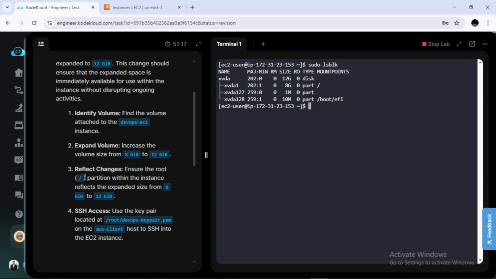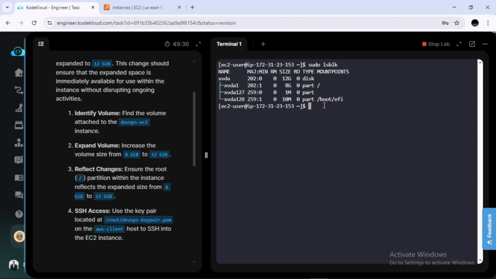We need to ensure that the root partition within the instance reflects the expanded size from 8 to 12 GB. So right now it is mounted to this. We need to change that and make sure that it will mount to this newly expanded volume.